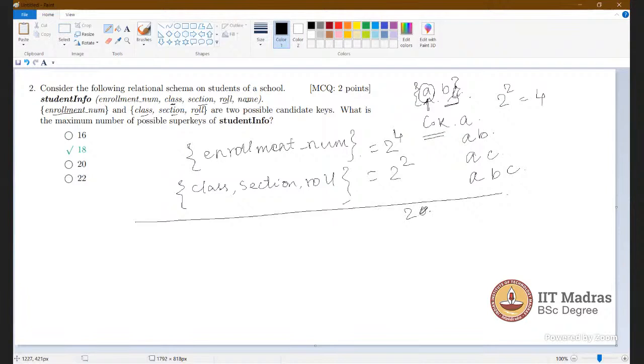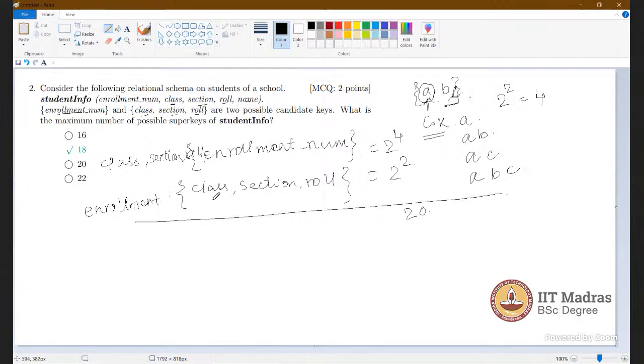But you have to check one case: there is repetition in this particular candidate key. You can see it is possible that class, section, and roll number, we include this and take the count of this super key, and in this also we take the count of this super key twice, right?